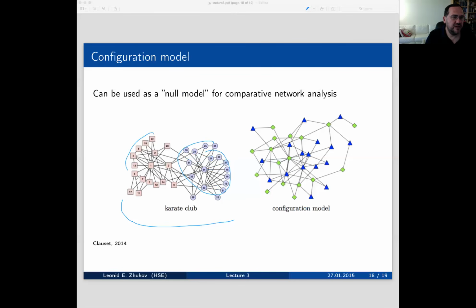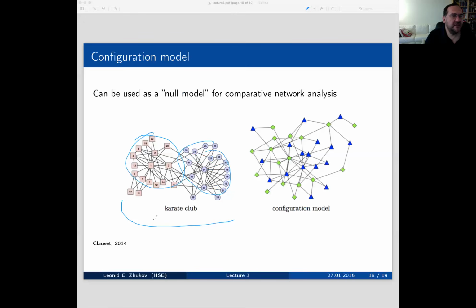This is one part of the club. That's another part of the club. We'll talk about this when we start talking about clustering of networks and communities. But at this moment, we look at it for a different reason. This is an actual network, and there are no self loops and no multiple edges, so the node degrees here create a valid graphical sequence.